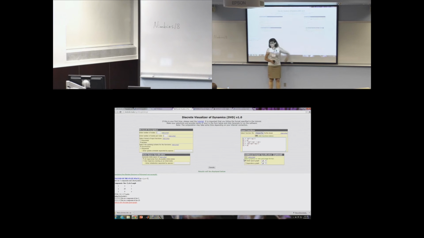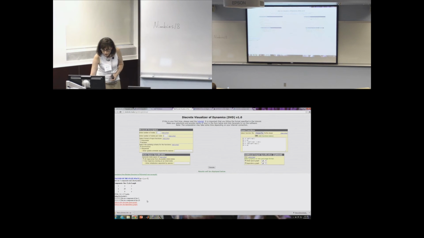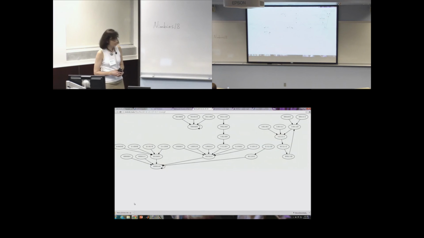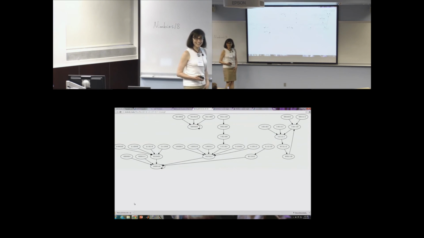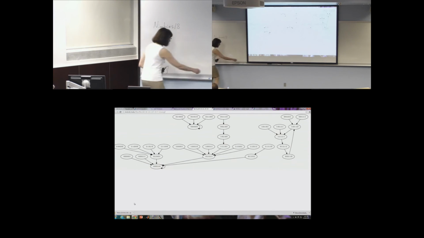If I enter this into DVD and I make all the selections here, as we already talked about, you can select whether you want the state space or a dependency graph, and then you click generate. This is what you expect as an output here. Those links are going to take you to the respective graphs. If we go to the state space graph, this is indeed a very bad model. Let's look at this and see why it's a bad model. The order of variables is, let me write it down,